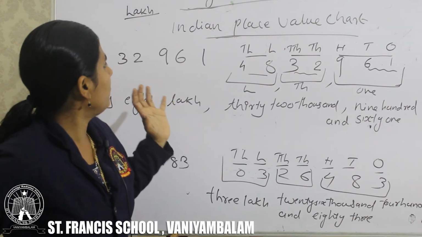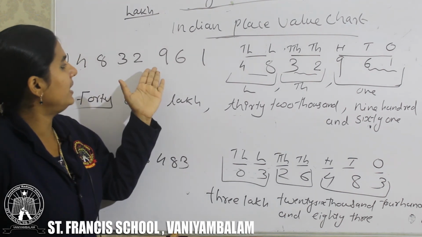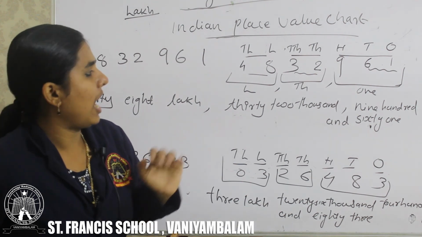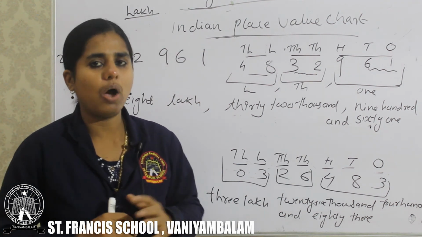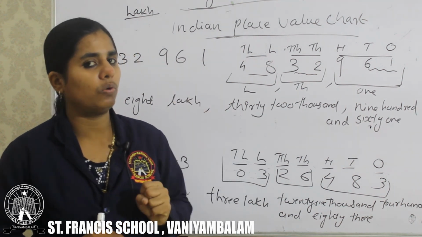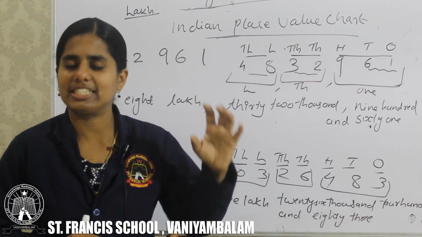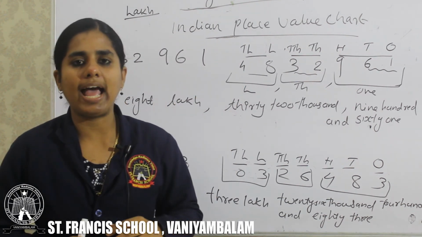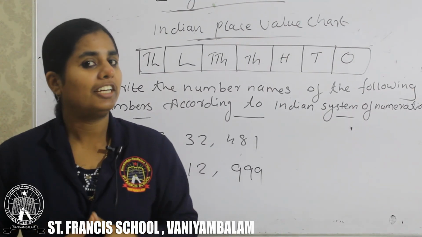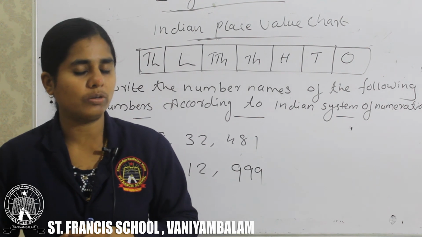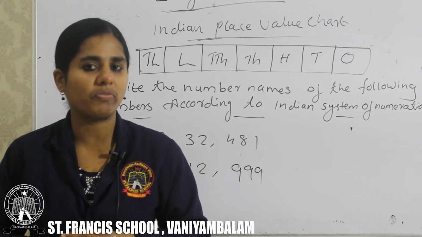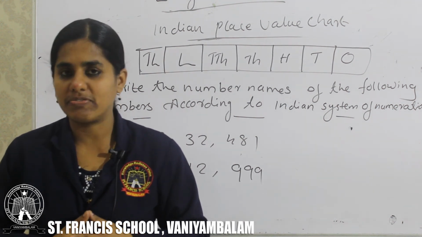Okay. Then ones, tens, hundreds, thousands, ten thousands, lakh and 10 lakh. Then after, we have which number? How many digits do we have? Those digits you want to place below the place value chart. After we know the periods: first we have the ones period, that is hundreds, tens, ones together. Then next we have the thousands period, that is thousands and ten thousands together. Next we have the lakh period, that is lakh and 10 lakh together. Children, I hope you understand how to write the number names of large numbers according to the Indian system of numeration. Okay, now it's time for an activity.